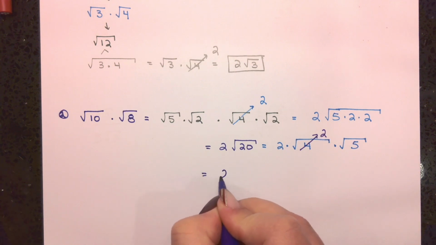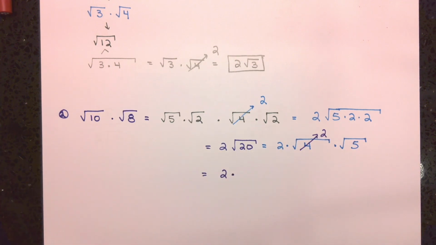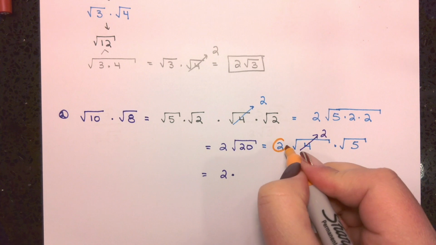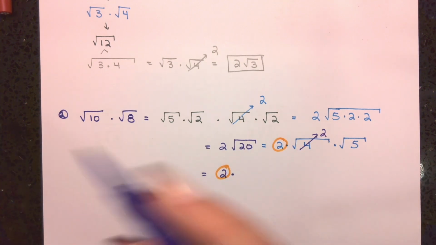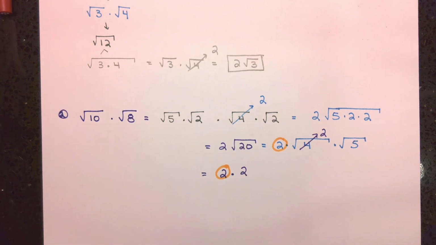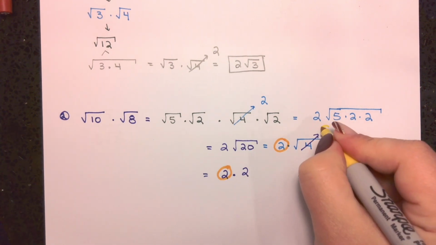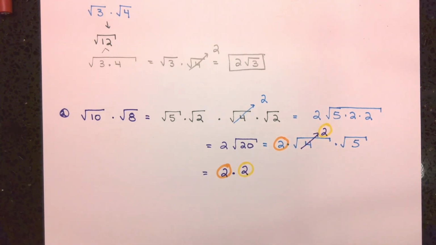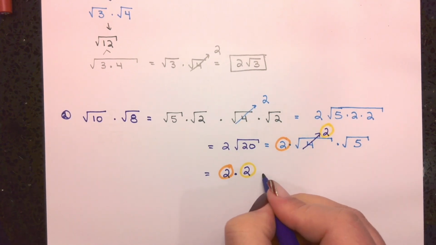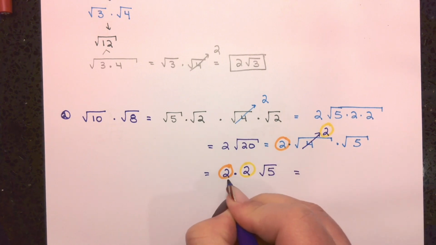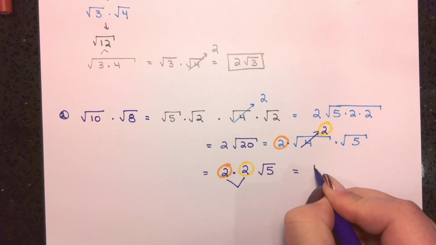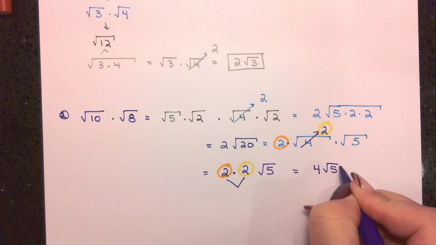So that means we got 2 on the outside, and we got another 2 on the outside. I'm just circling this to know which one is which. And then we have leftover 5. So that means outside of the house, that is 4 root 5